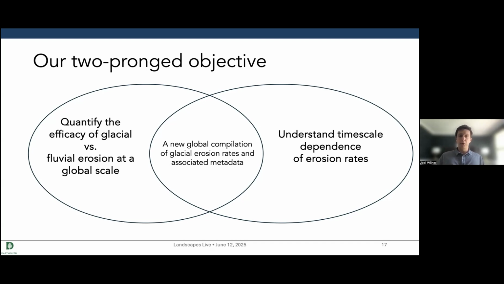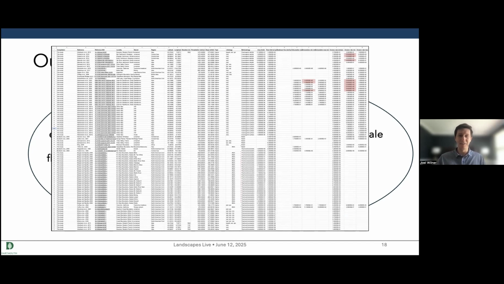Yeah, so in this graduate seminar course, through the combined strength of 7 graduate students, 1 undergrad, 1 postdoc, and 2 faculty mentors, we scoured the literature manually for as many glacial erosion rates as we could find and compiled those rates as well as associated variables that may be of interest. And we came up with something that looks like this. This is just one small snippet of the compilation. If you're interested in seeing the full compilation, it's available online in the GitHub repository.